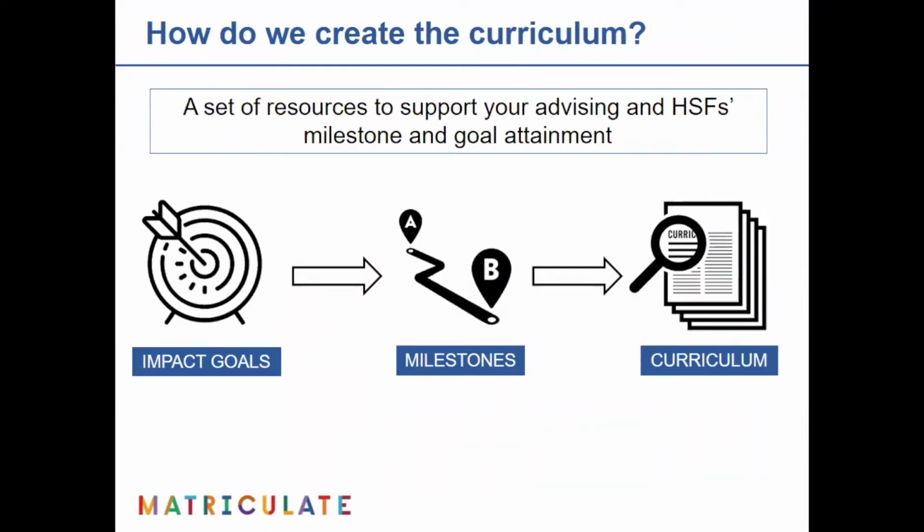So now that we've covered Matriculate's impact goals and the high school fellow milestones, that brings us to your core advising resource, the curriculum. This flow chart represents the backwards planning Matriculate does in order to make sure your students meet the three major impact goals. The curriculum is designed to help advising fellows support students in accomplishing those major tasks correctly and on time, which in turn helps prepare students to matriculate into a best match and fit college. The curriculum is your go-to resource. I'll show you how to access and navigate it in a few moments, as well as the other important advising tools.